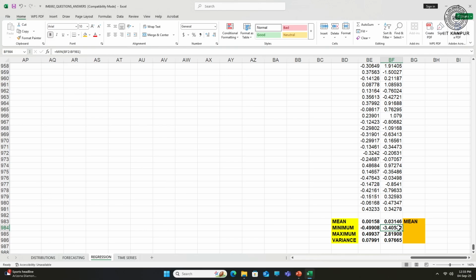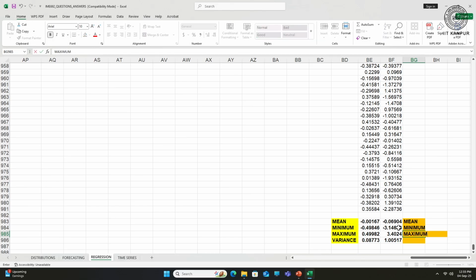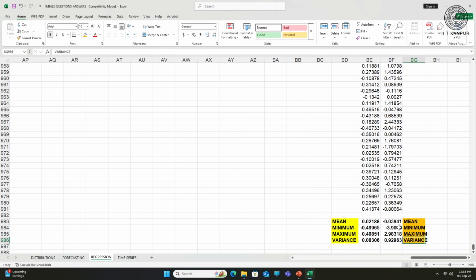The minimum value for the normal and the maximum value for the normal are minus 3.5 and plus 3.4. They are very huge values to the right or the left for the standard normal. Obviously, in the long run they will be minus infinity and plus infinity. And this is variance. Variance, we know, is 1 because the standard normal deviate has variance 1, and that is also matching. Now, interestingly, we will keep the mean value for the uniform discrete as 0, but